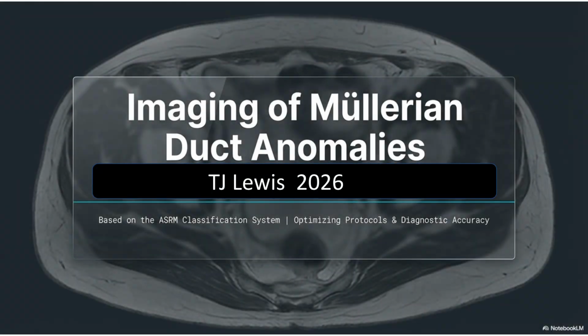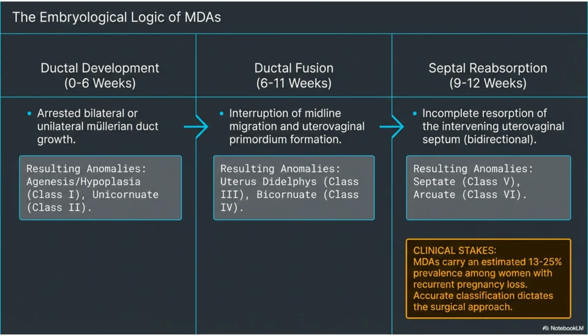Welcome to this video on the imaging of Müllerian duct anomalies based on the ASRM classification system. We will be discussing optimizing protocols and diagnostic accuracy for these complex congenital defects. Müllerian duct anomalies, or MDAs, follow a clear embryological logic based on three main stages: ductal development, ductal fusion, and